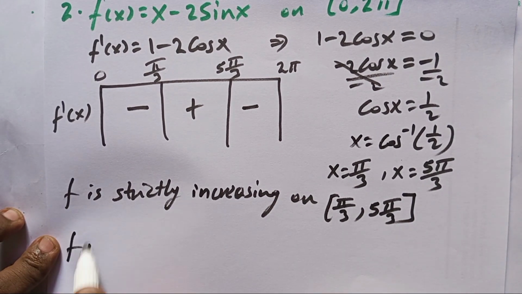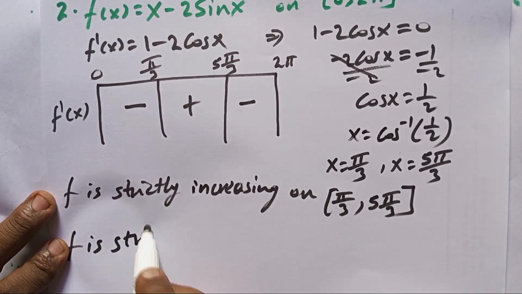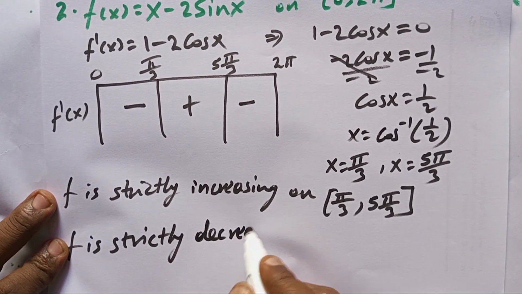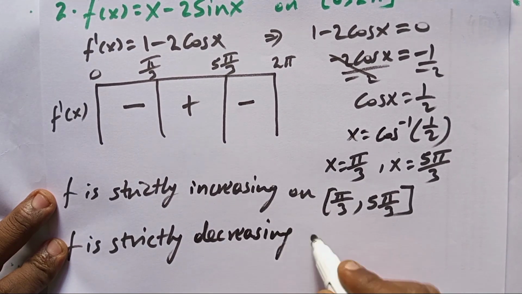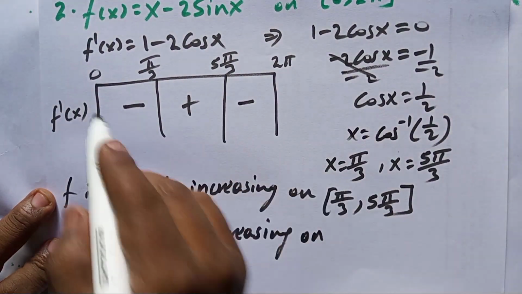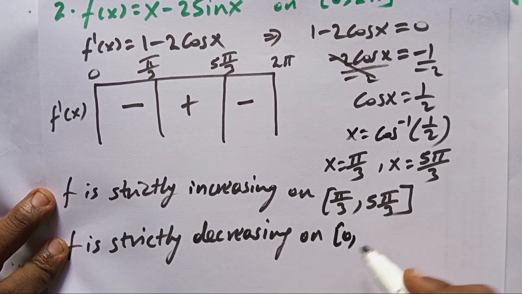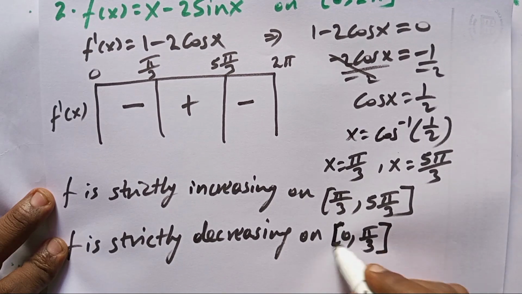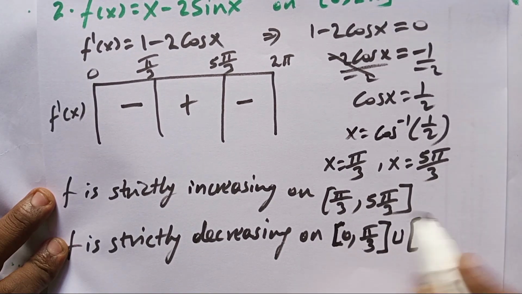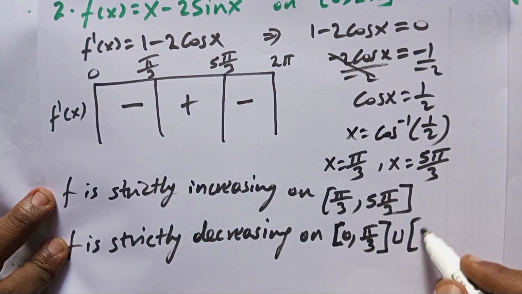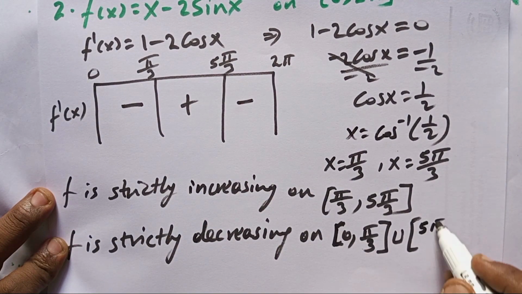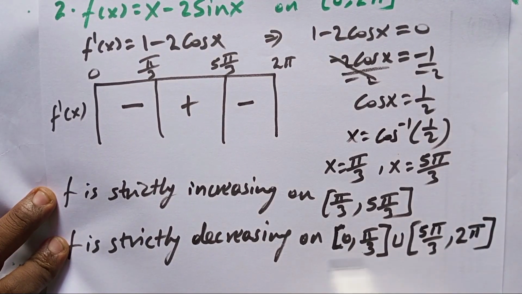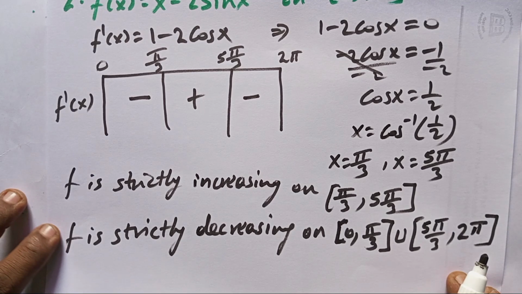And again f is strictly decreasing on the interval in which this is the negative one. The first one, 0 up to pi over 3, in this interval it is negative. Closed interval የተጠቀምነው ዶሜን ውስጥ ስላለ ዩኒየን other again here ከ300 እስከ 360, 5 pi over 3 up to 2 pi. In this interval the function is strictly decreasing.